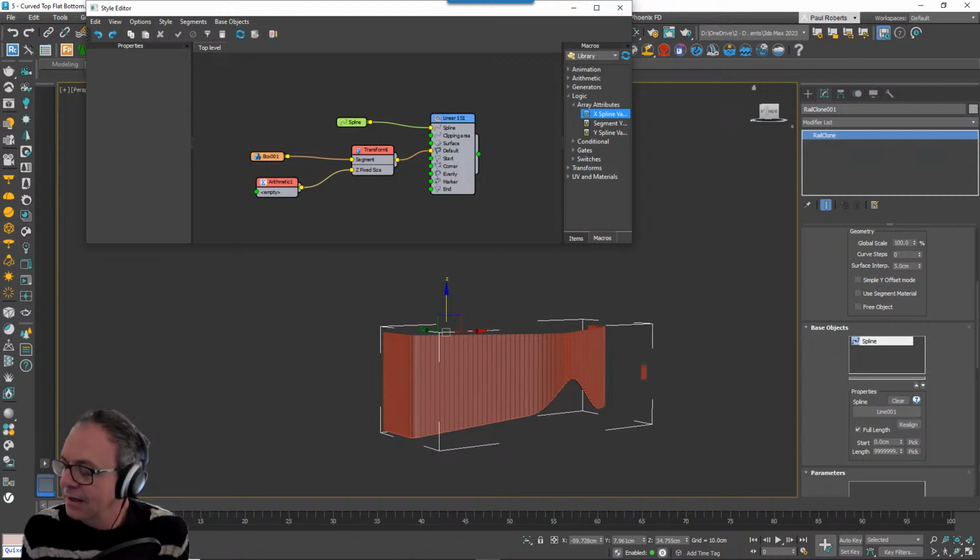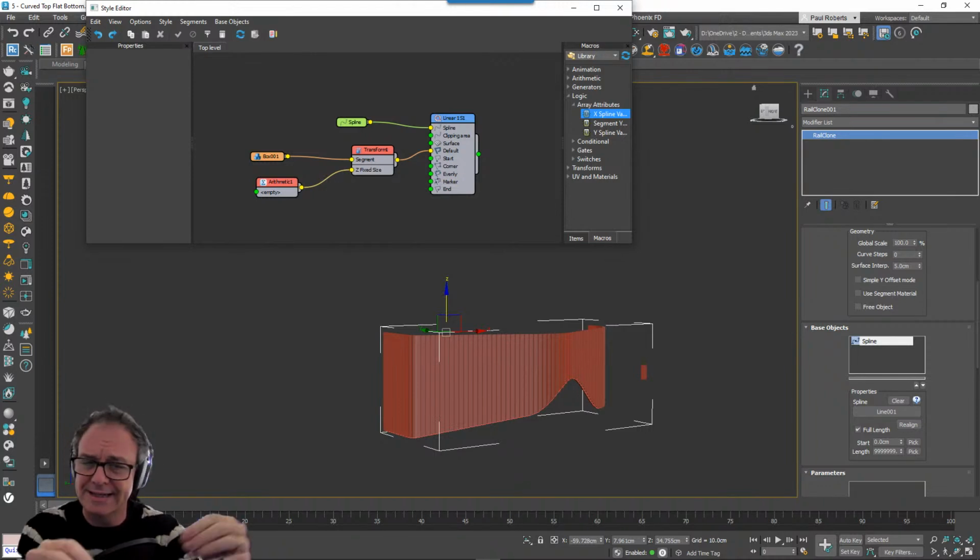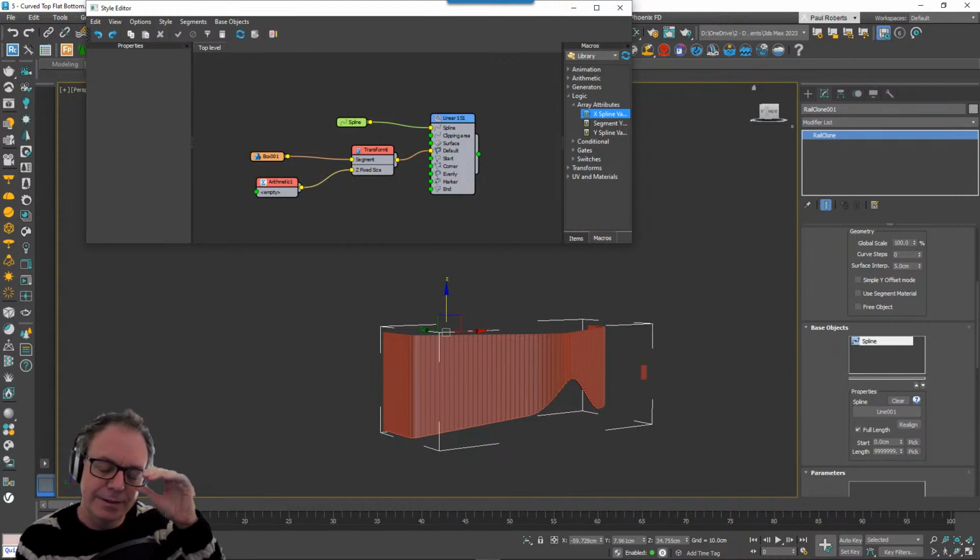So Amir asks again, is it possible to read the spline dimensions that's not connected to the generator or nested in it? No, it's not currently. It needs to be a part of the graph, but there are ways of kind of cheating that by wiring things to graphs that then don't produce any geometry. So you can connect stuff together, just put a null segment or something like that in it, and then you're able to access those values without actually having to have that generator produce some actual geometry. So there are tricks and cheats for that.